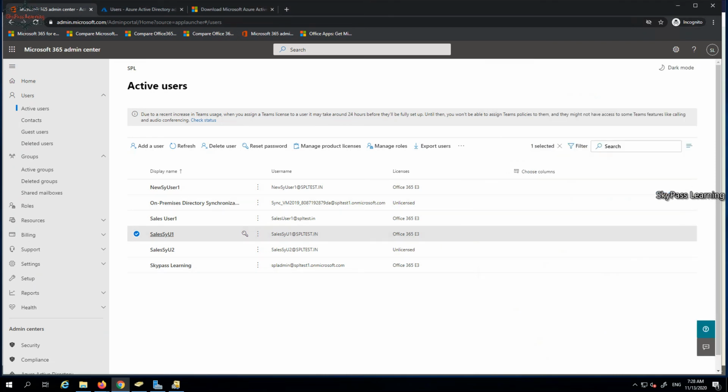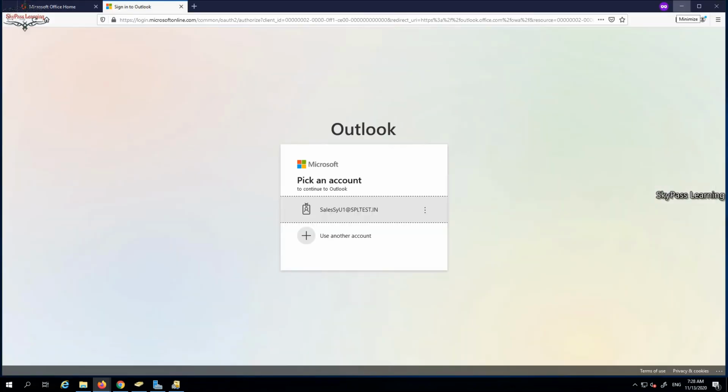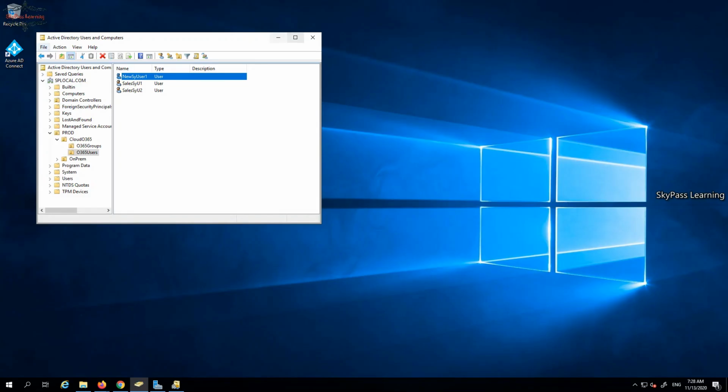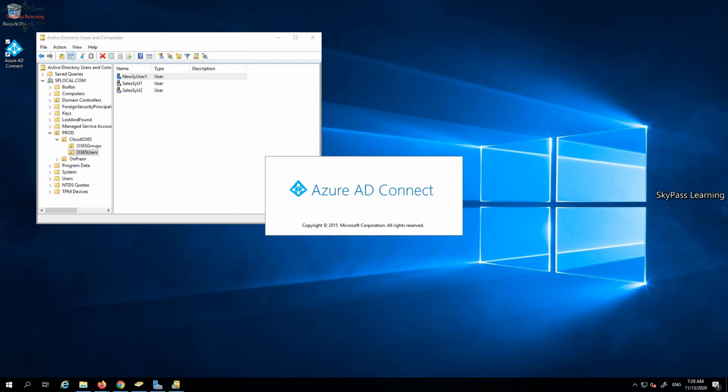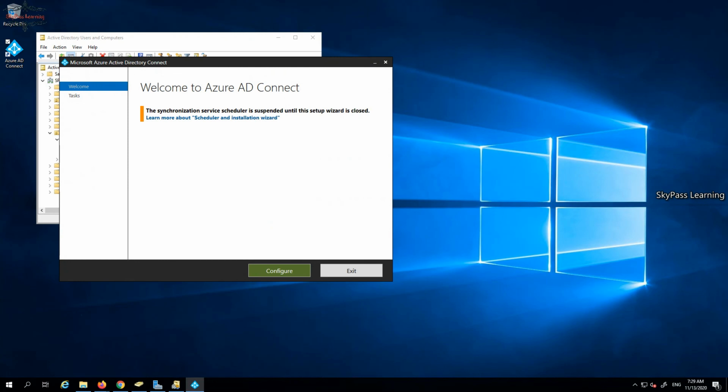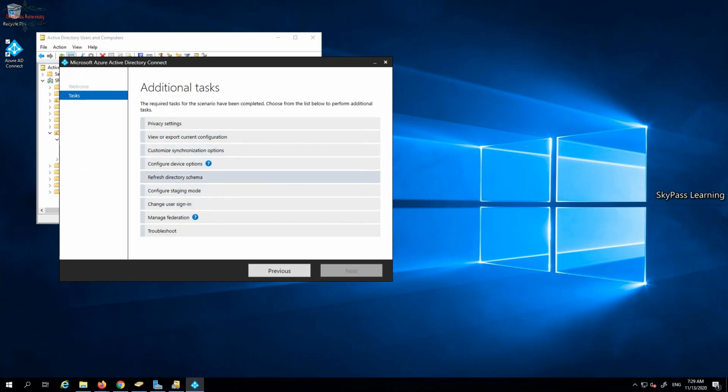And I'm just showing you one more thing. This is my Azure AD Connect, which is on premises. Once you double click on that, on the server where you have installed it, it will show you the configuration section. Schedule the installation configuration, so I will share more details later on. You can see these are the structures which we already have in place.